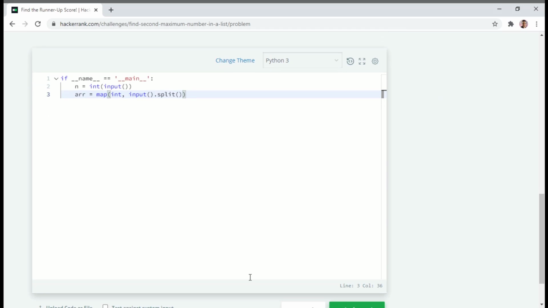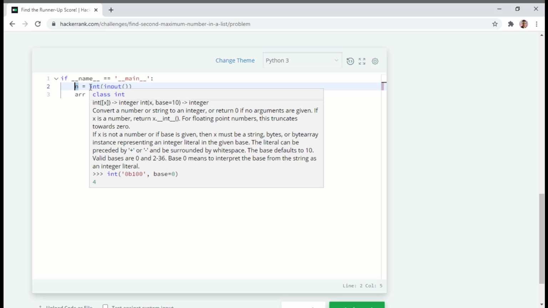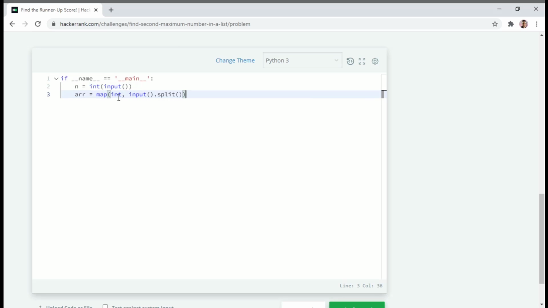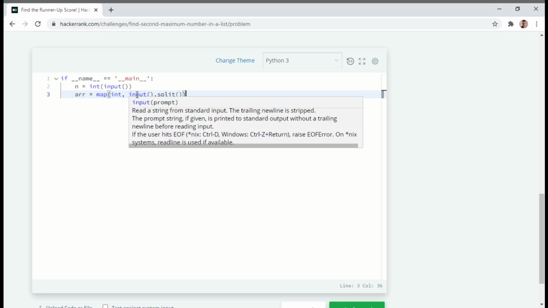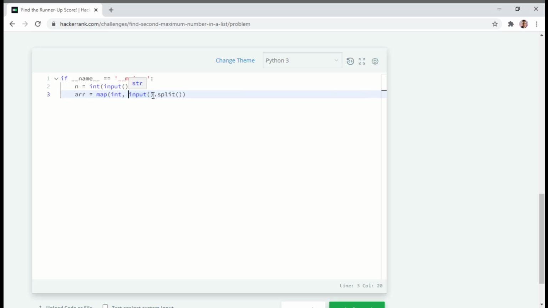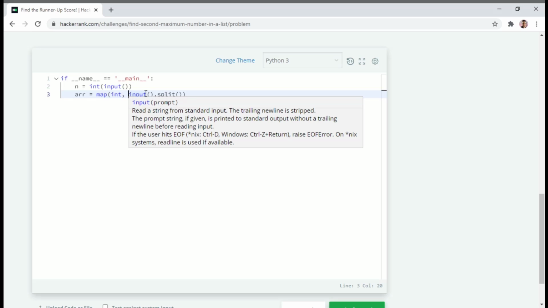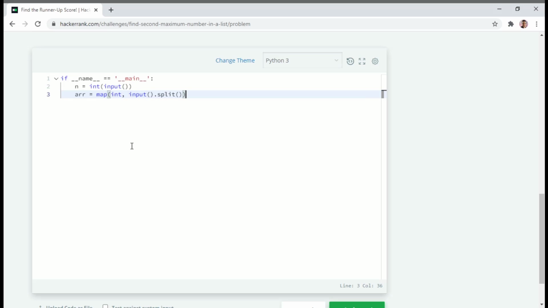Let's now get into the coding. Within the main function we are given n as an input, which is of integer type, and an array ARR, which is basically a list that contains all the n scores. Whenever we take an input in Python, it always takes the input in the form of a string. So we cannot use the string as an integer type value. We have to split the whole string into multiple parts and convert it into integer type, and only then can we store it in the array list. So here it is converting into the int data type and then storing into the ARR.